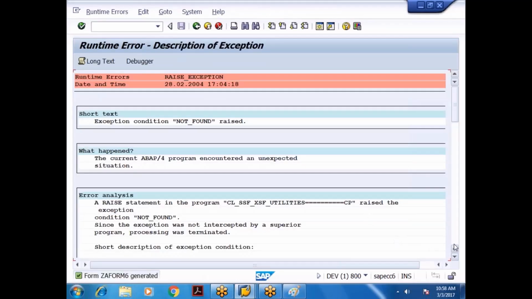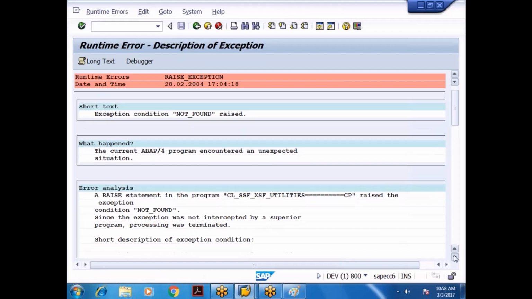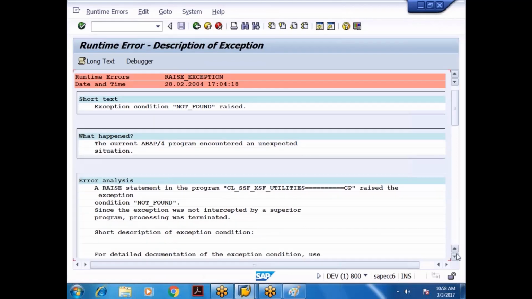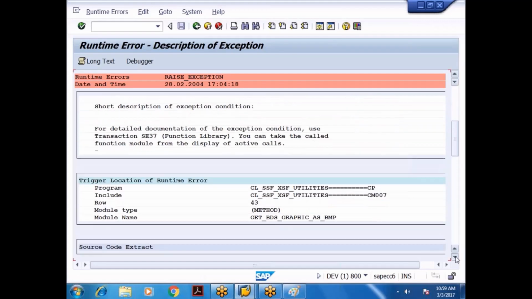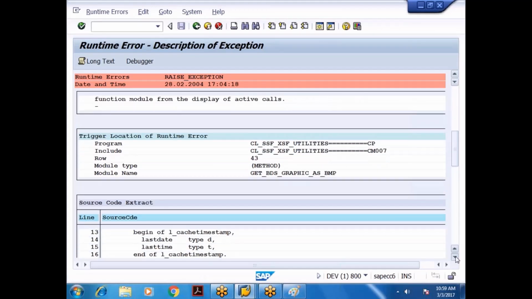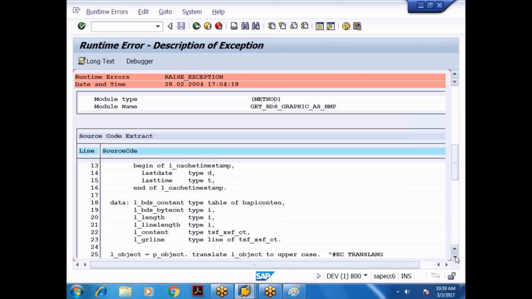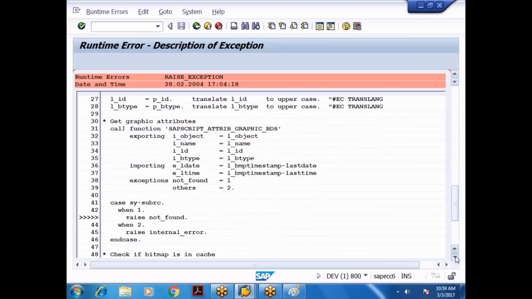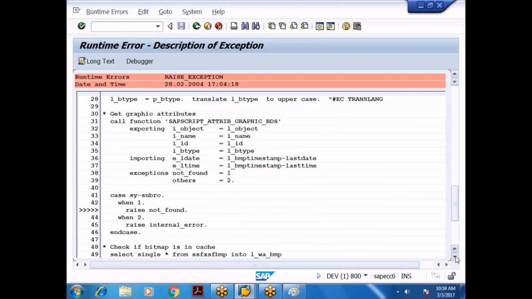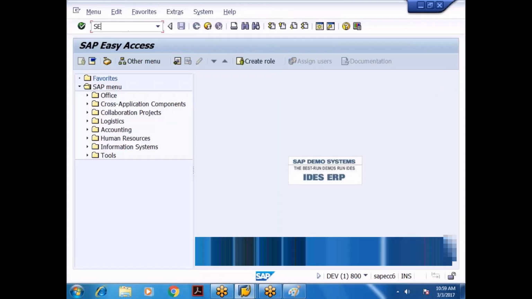Exception condition not found. Why? Maybe you have to maintain that exception. All the images are not there.